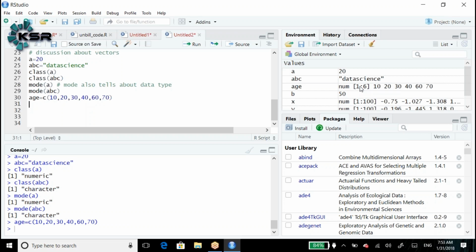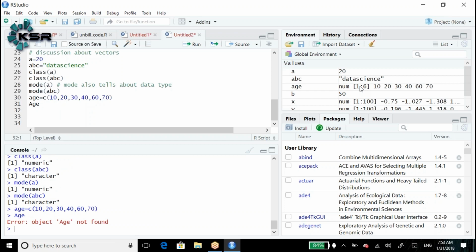Now let me play with this group. I want to look at the values. I want to display the values. How do I display? What is the name I've written, capital AGE or small age? Small letters, age is in small letters. Let's say by mistake I have written it in capitals. Then it will throw an error: object AGE is not found, because R is a case sensitive language.